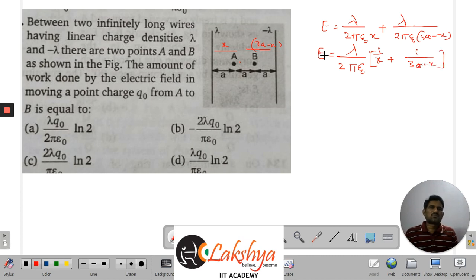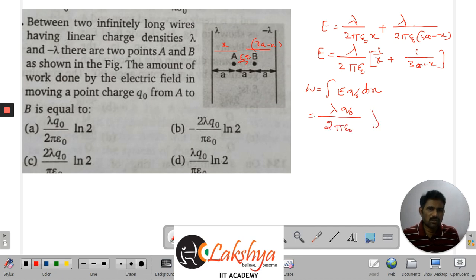And now this force will be in the direction of this displacement. That means we are applying this force; the electric force will be along this direction. The electric force is acting like this, EQ will be along this direction, and the displacement of the particle is also in the same direction. Therefore I can write the work done as EQ into dx, and that is nothing but lambda into q naught by 2 pi epsilon naught,